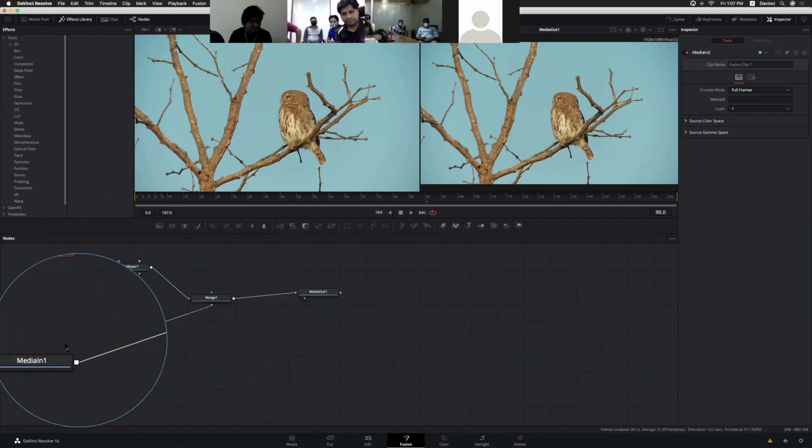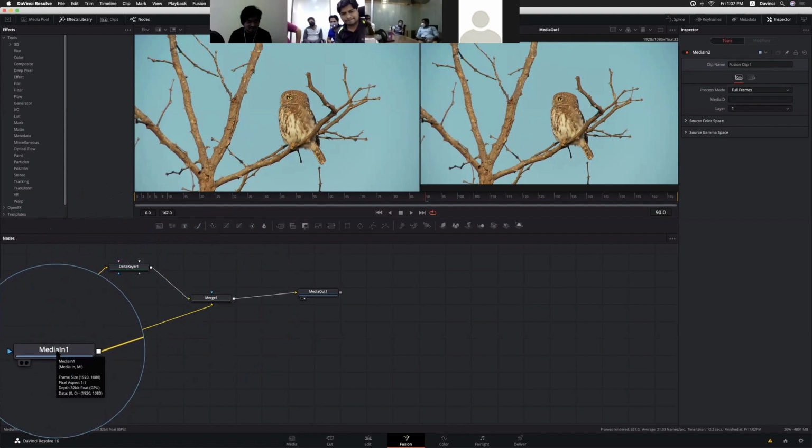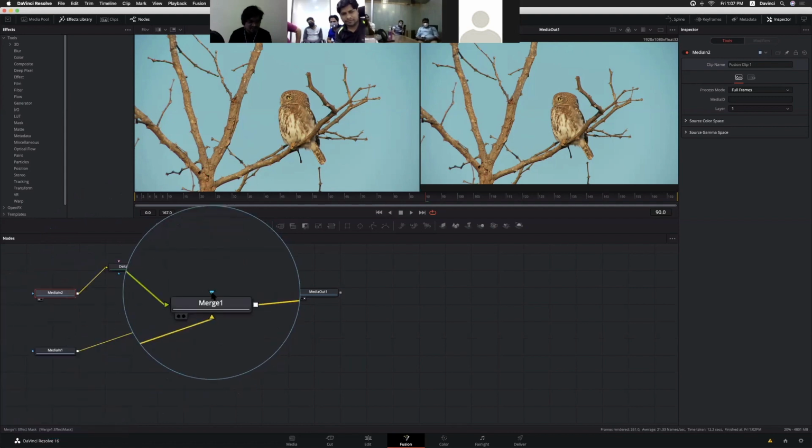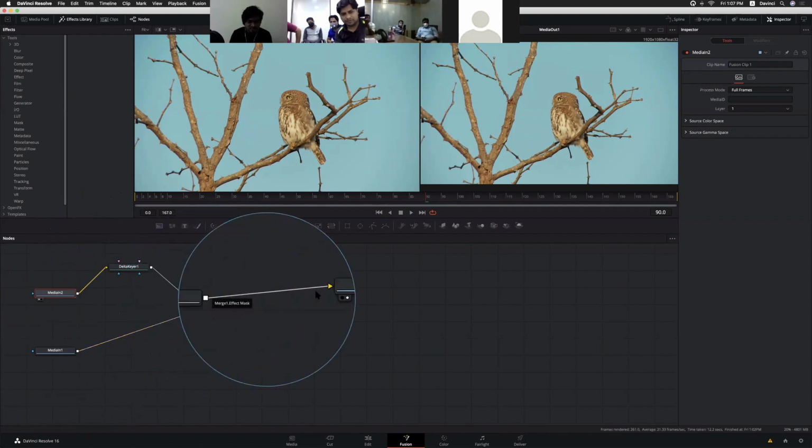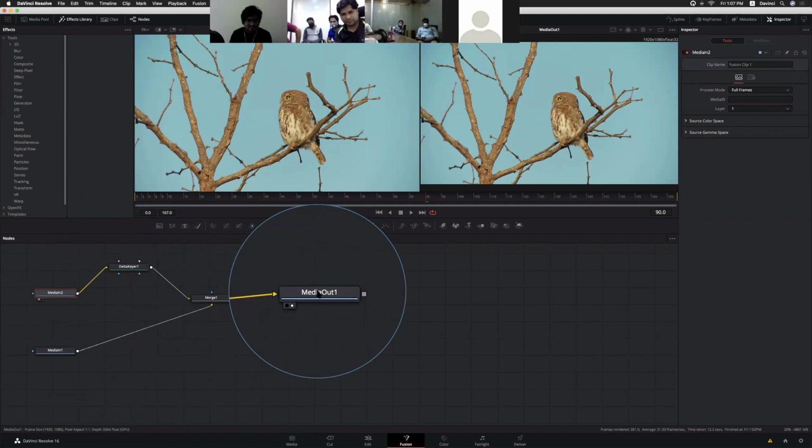And this is the clip which is in the V1 track, and this is also going to the merge node. That means it's combining those two tracks and we are outputting that portion. Now the merge layer goes to the media out.